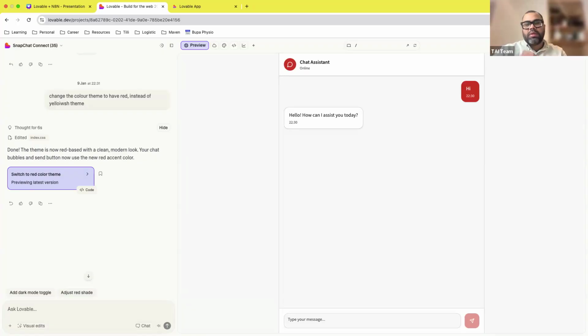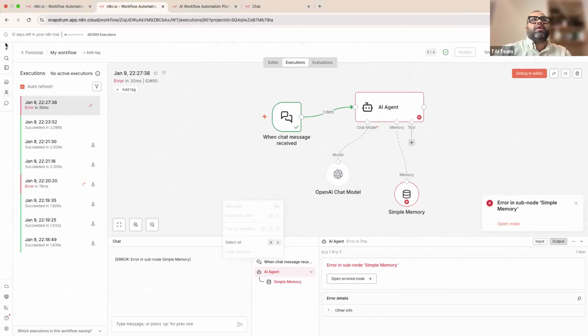Now, one question: can Claude Code, similar to how Lovable helps with UX, be used to build AI agents in n8n? The answer is yes. I can show with Cursor how you can do it. So you need to